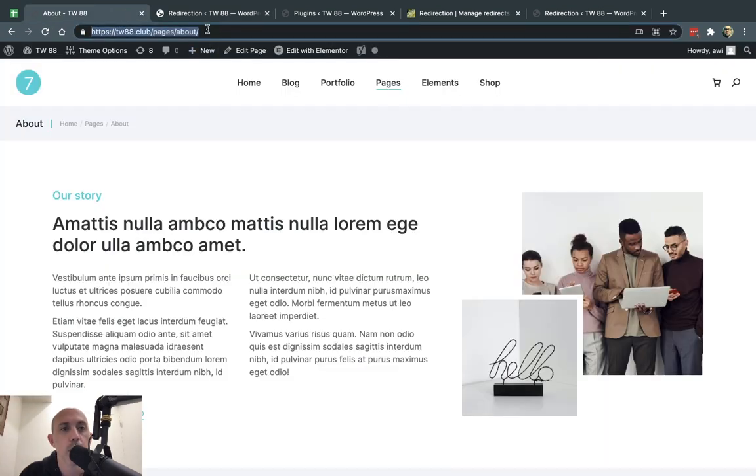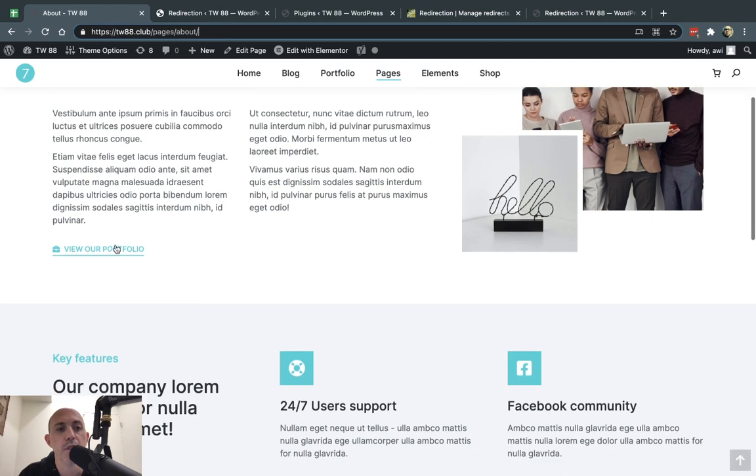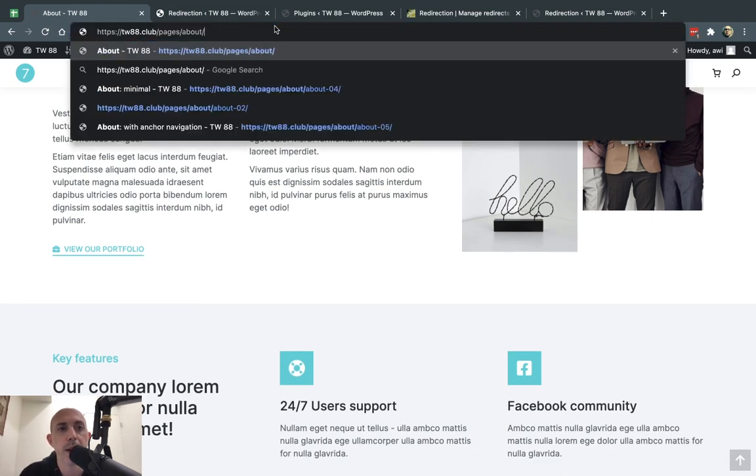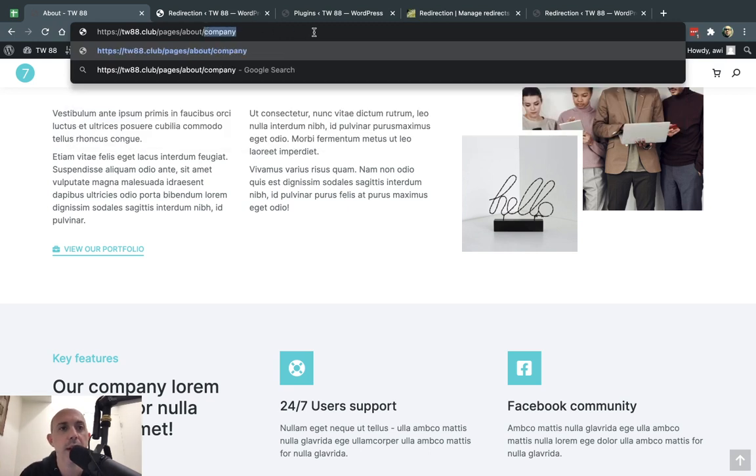So let's say you want to redirect every single page that's in the About Us folder. So maybe you have multiple pages for About, maybe About Us, company information, and About Us news. If you want to redirect all of the pages that are inside About Us, you can programmatically say, I want all of the About Us pages to go a certain way, or all the pages that have a certain word, or maybe all of the pages that have 2018 in the URL, or something like that.